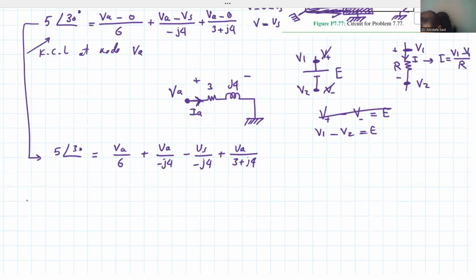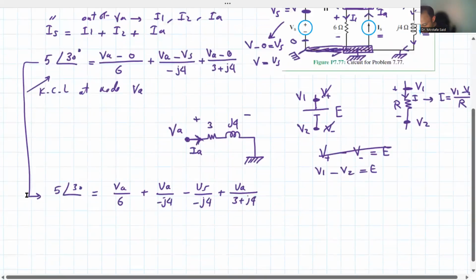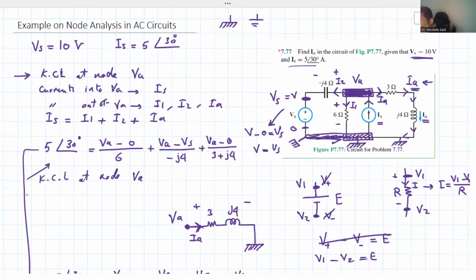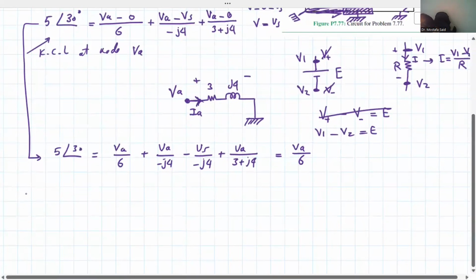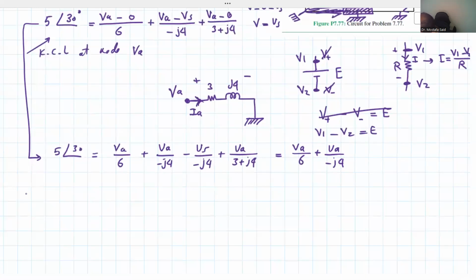Okay, remember, VS is 10, it's a given, VS is equal to 10. So that's equal to VA over 6 plus VA over minus G4 minus 10 over minus G4 plus VA over